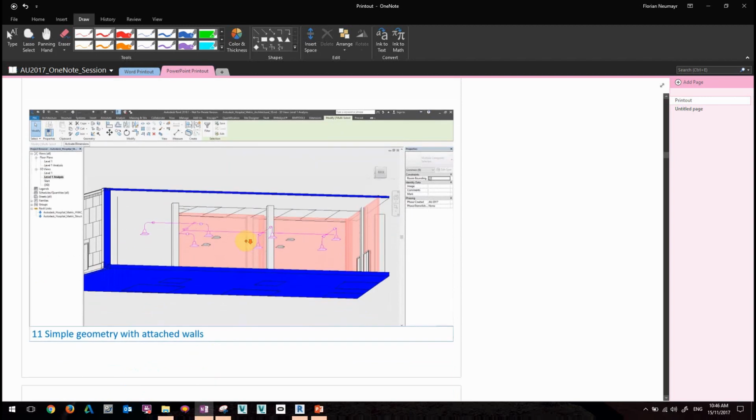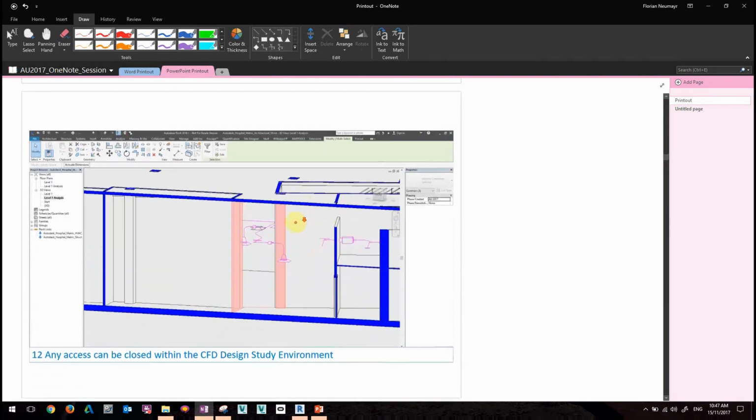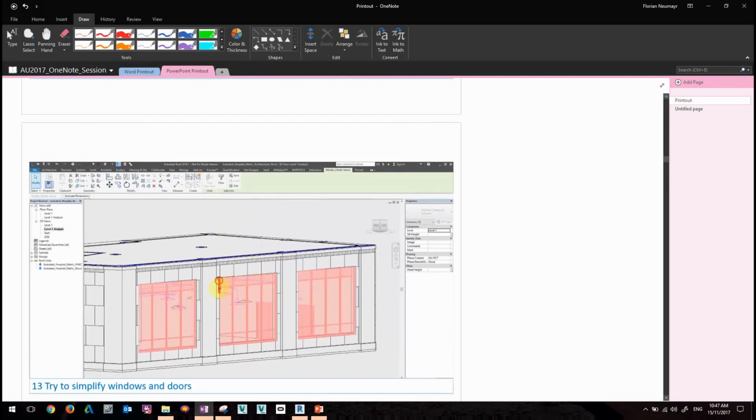It can also happen that we have details like, for instance, windows available. We may also have some curtain walls. We may have furniture available which is quite detailed. So this causes a bit of a problem,